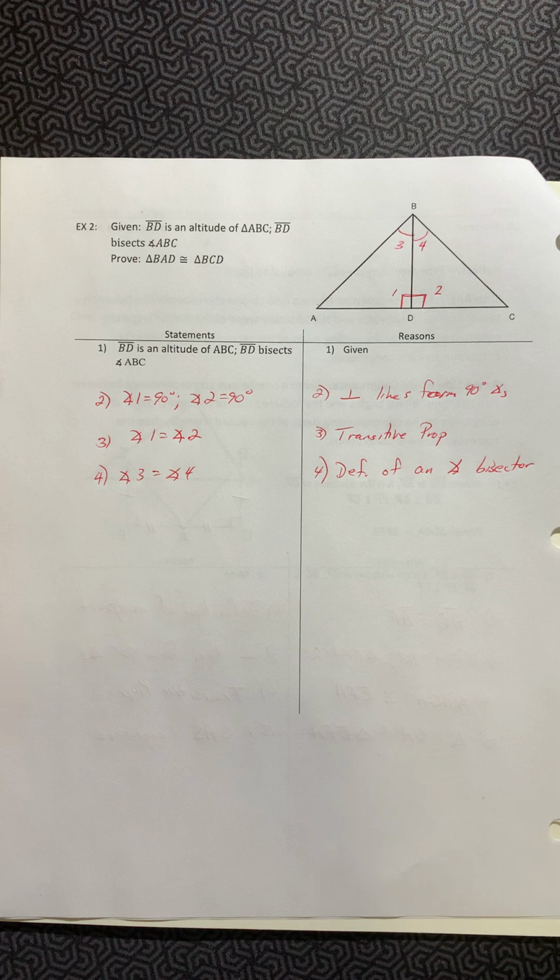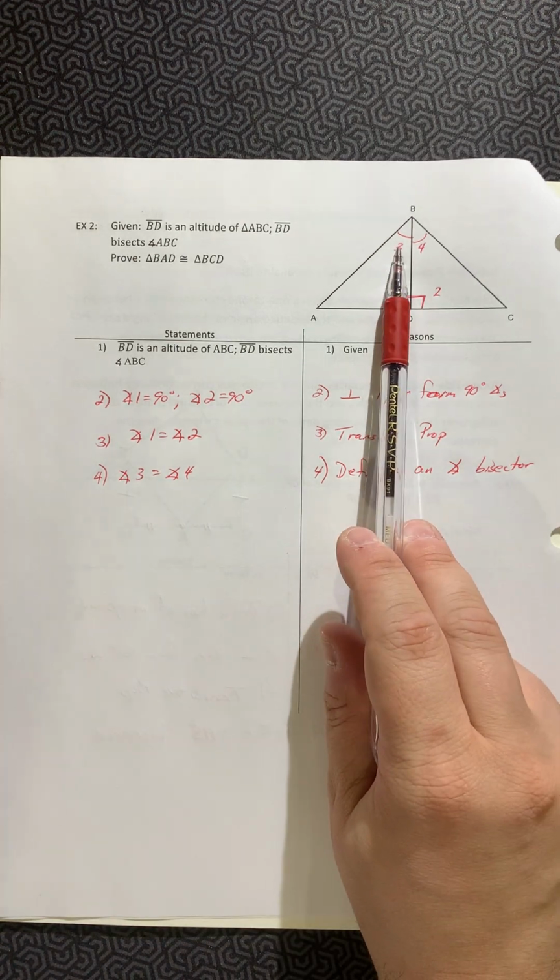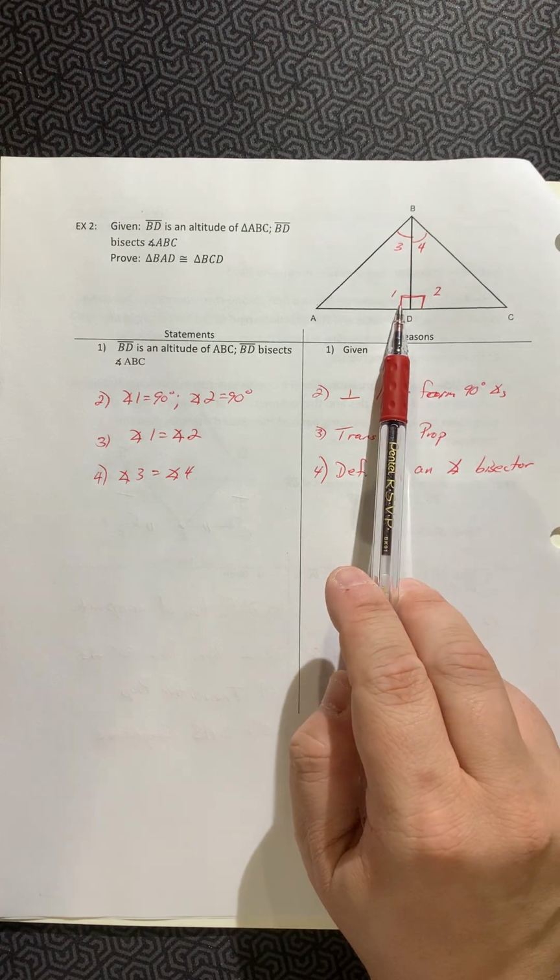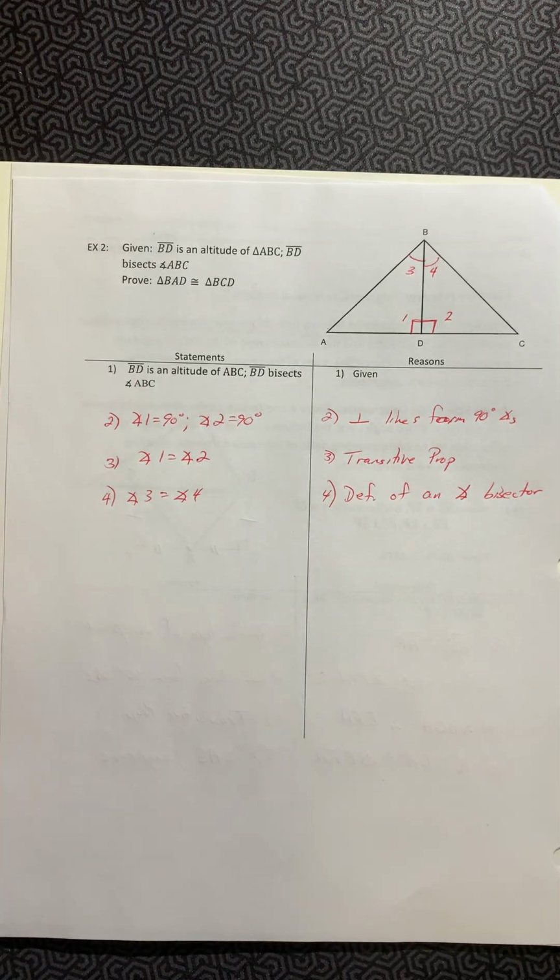And we're out of givens. But I don't have 3 sets of things. I have a set of angles for my first item. I have a set of angles for my second item. I need a third item for angle side angle. But it has to be the side between them. So what you should notice